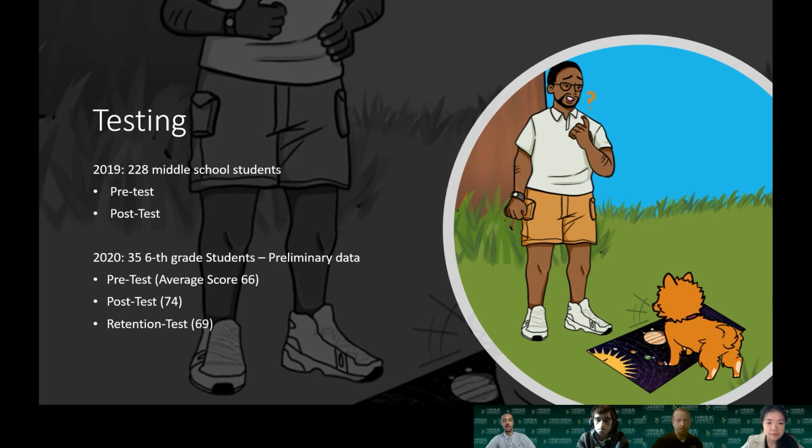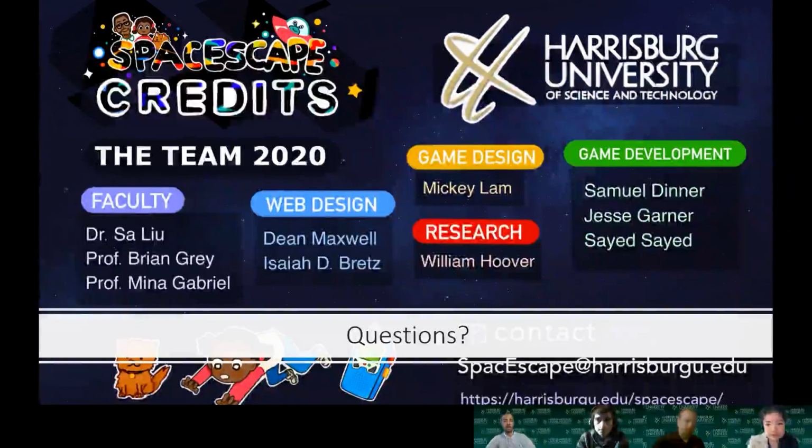Thanks, Brian. So that concludes our presentation, and here is our whole team. Team 2020, we had 10 people in the team who worked on web design, game design, research, and game development. So if you have any more questions, you can email us at